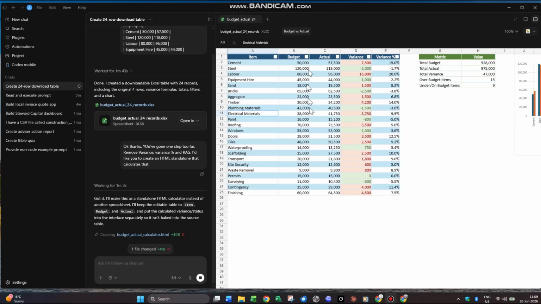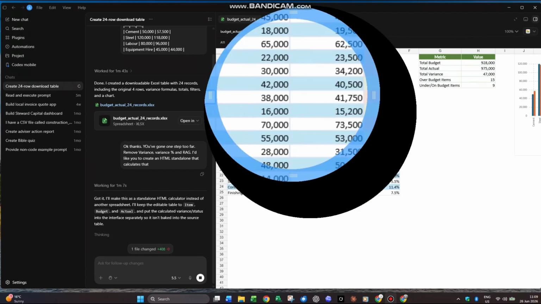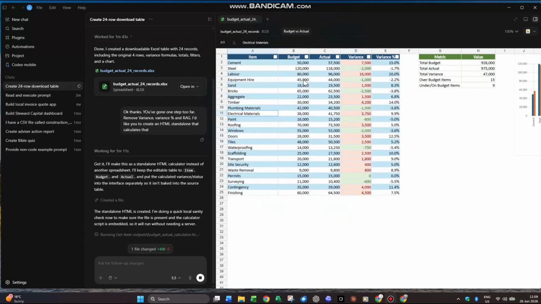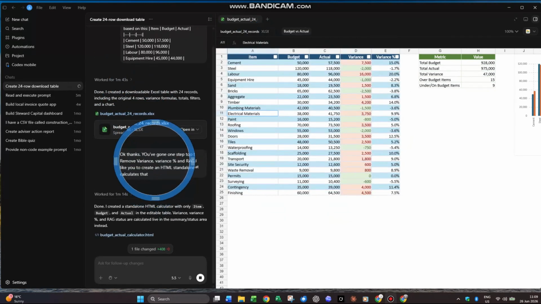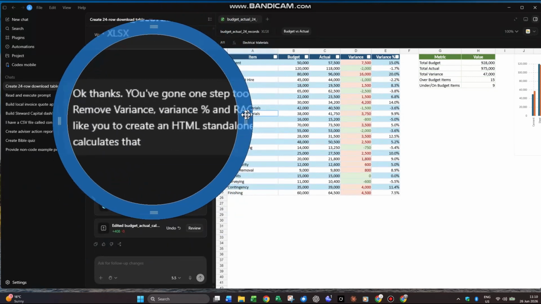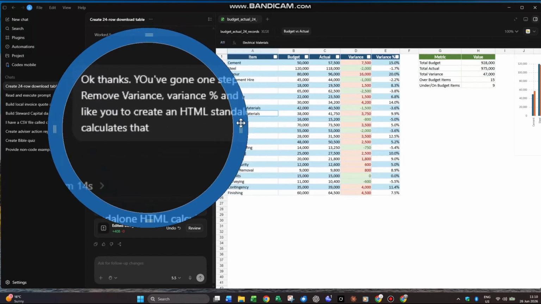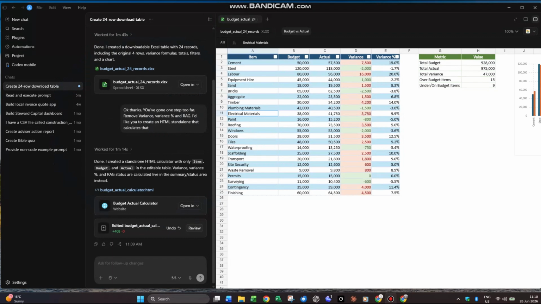Okay, so what we have here is a sheet of actual versus budgeted expenses on a project. I kept it simple, but Codex gave me too much. I said, you've gone one step too far. I really just want variance and variance percentage out and the RAG as well, and then just create an HTML